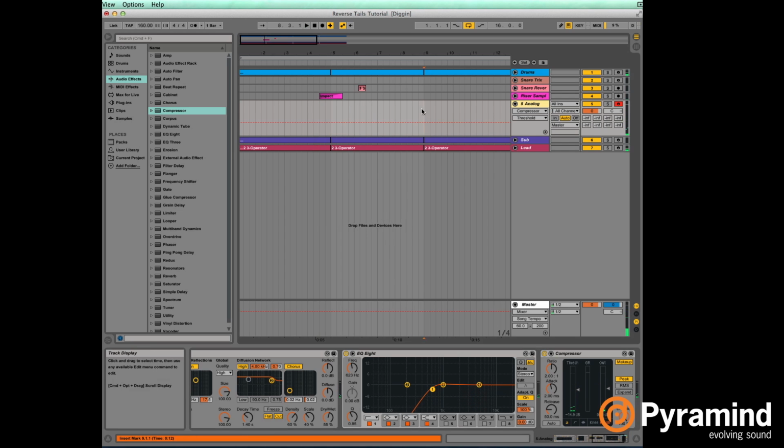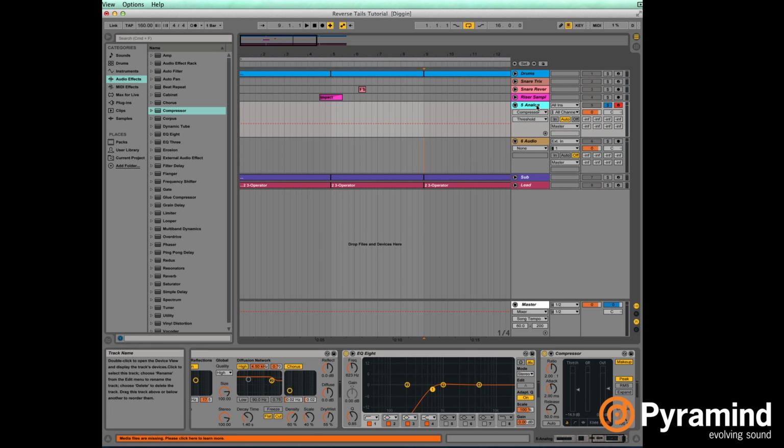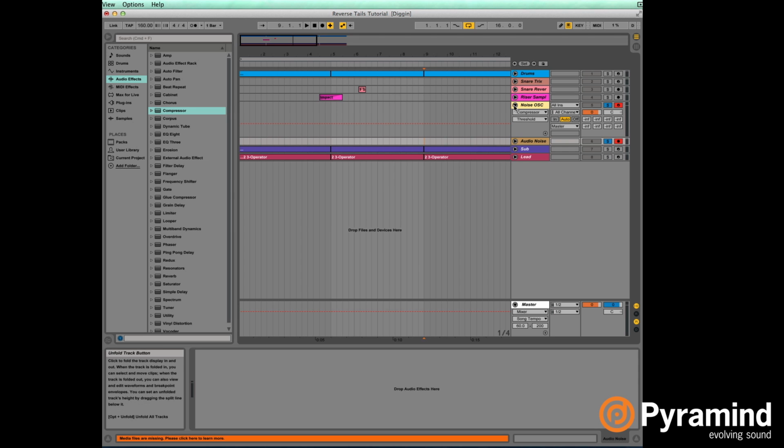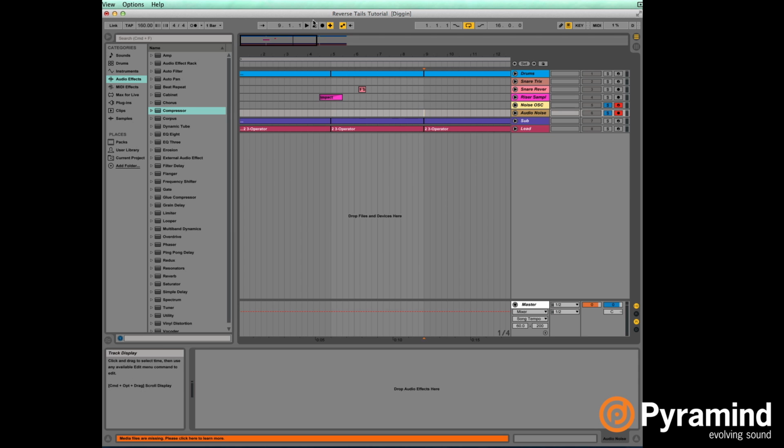Cool. So let's solo that, and we need to record it to audio. Let's call it our noise oscillator. This will be our audio noise. Set the input to noise OSC. Use our command click again,